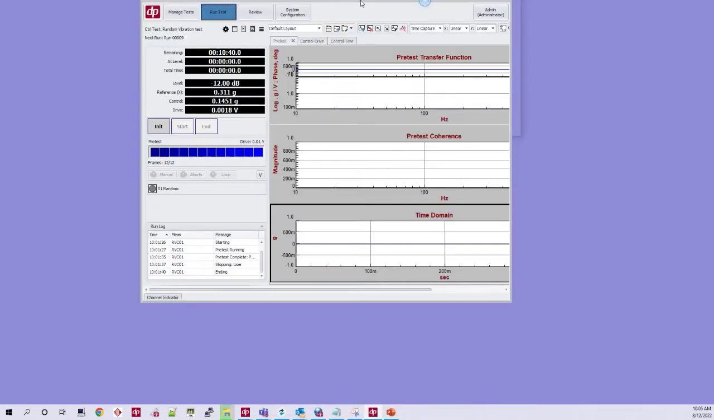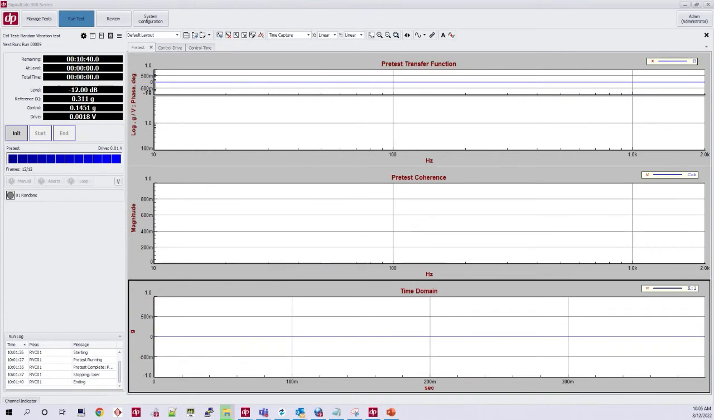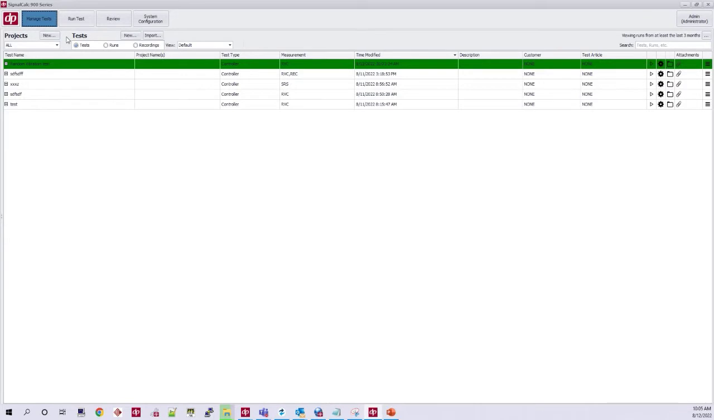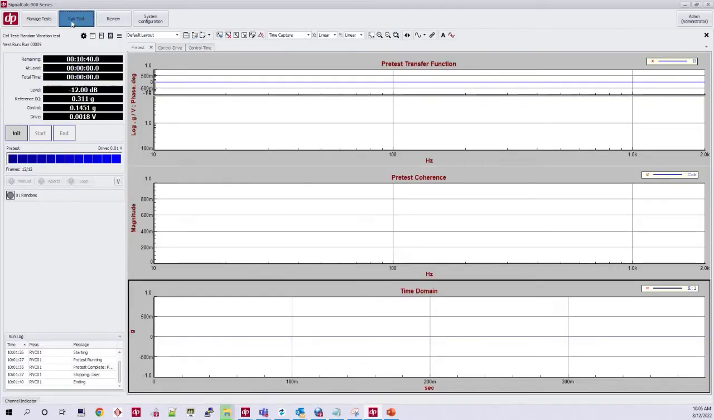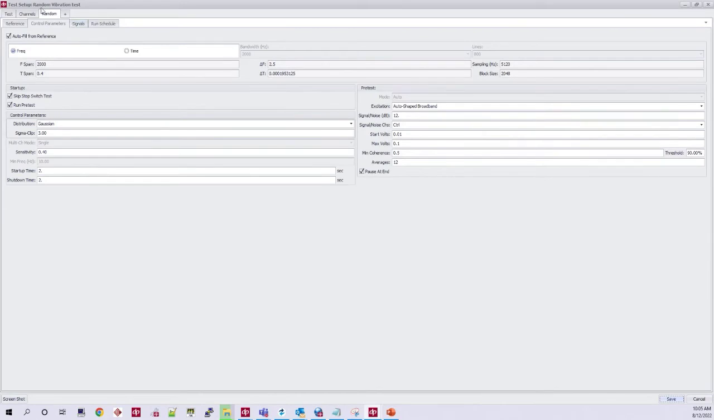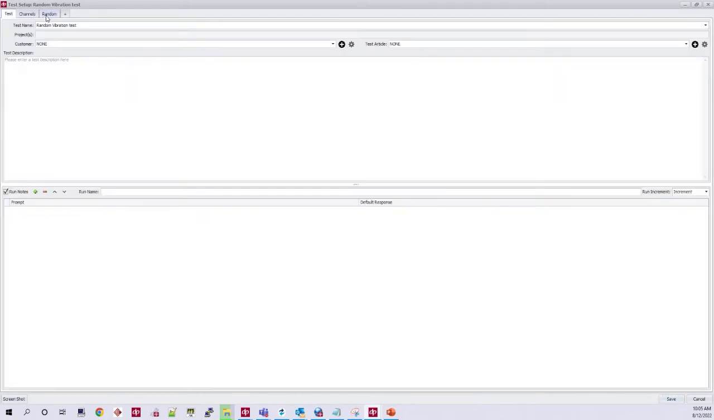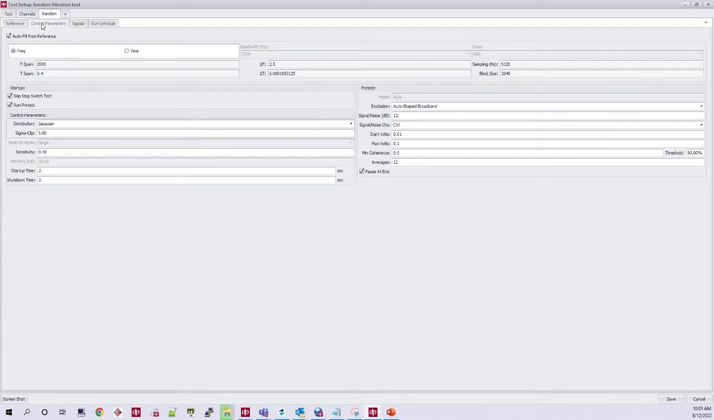Let me switch to my demo software, or my 900 series software. For those of you that aren't familiar with the 900 series software, we have other tutorials and other videos on our YouTube that cover the software layout and how to access and save data and open tests and things like that. I'm going to focus here on the pretest today. I've got a simple random vibration test that I'm going to be running with. So just to show you where the pretest setup is, in my test setup, if I go to my random vibration setup,